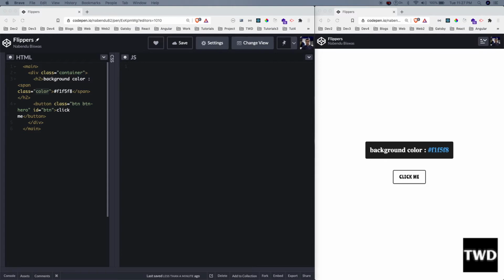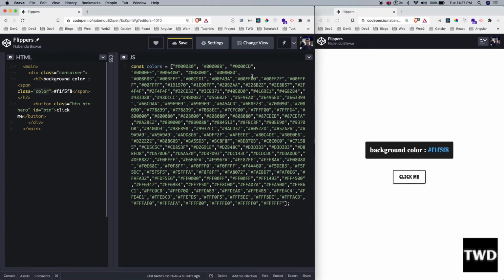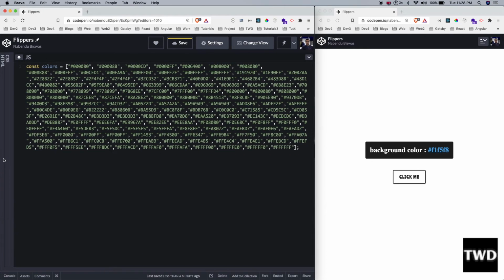So I took those 140 colors and put them into an array with the hex code. So see, like this, these 140 colors are there with the hex code like this.